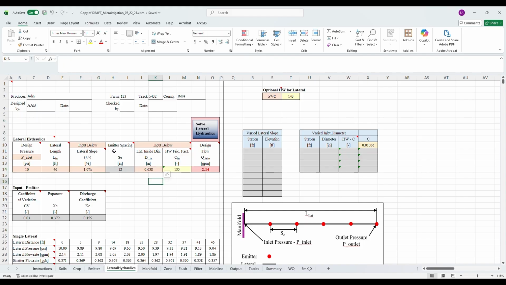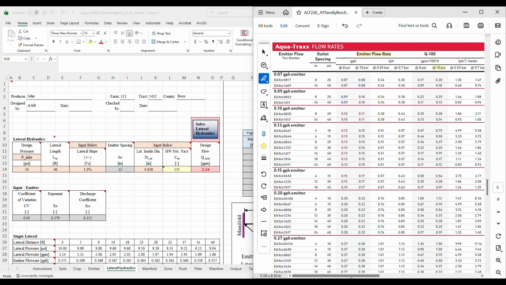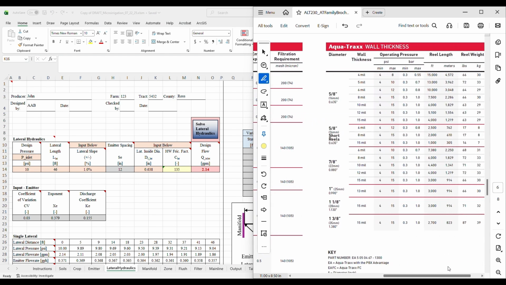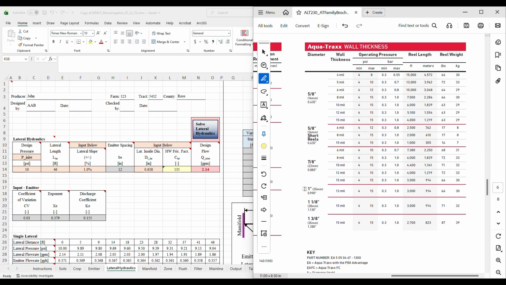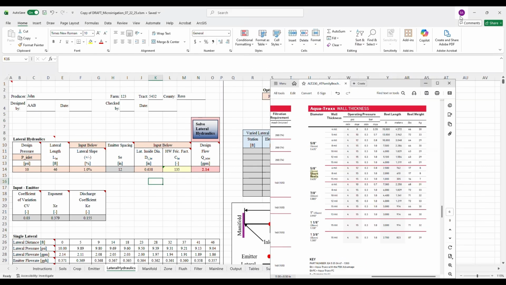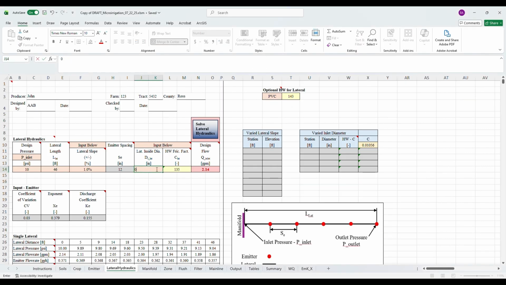Next, it's going to automatically input our emitter spacing based off of what we chose before. And then here it's going to ask about your lateral inside diameter. If we go back over to our Toro product specification, if you scroll over here, you can see the different diameters. For most of our projects, we're going to end up using these short reels since we're going to have a reel length typically less than that 3,000, 4,000 feet. So our producers are typically going to go with this 5/8 inch diameter reel because it comes in the short reel. So we'll put our 5/8 inch